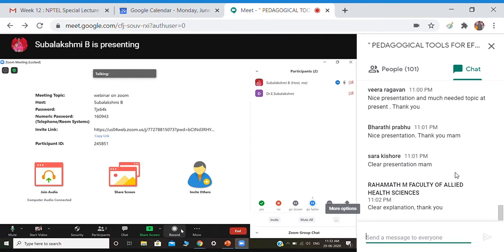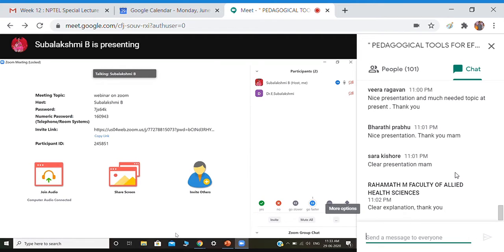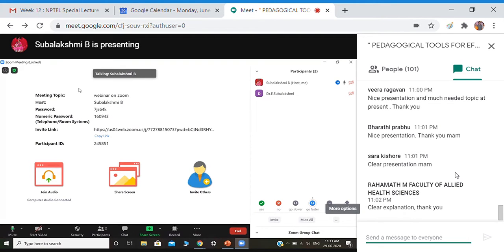And next you can see an option here, record. I've already told you. If you enable that option in the settings, the recording will start once you open the Zoom meeting itself, or else you can click the option here, record. If you click it, you can see a message here, recording. Once the recording is done, it will be converted to a file and stored in your computer. It will be stored in the C drive. So now I'm going to stop the recording. So here you can see an option called more.